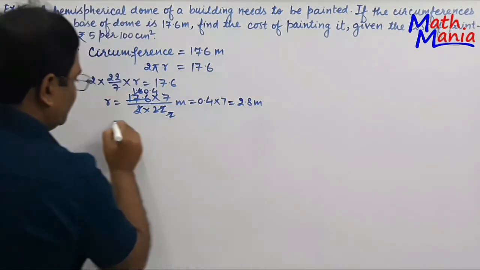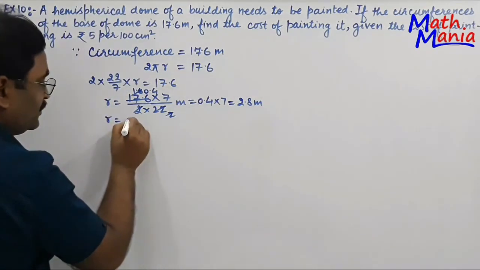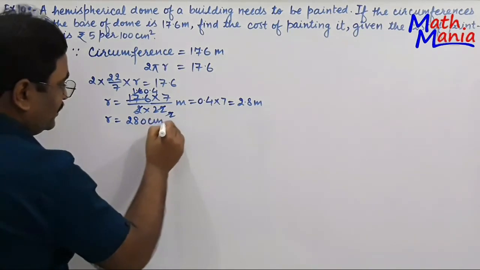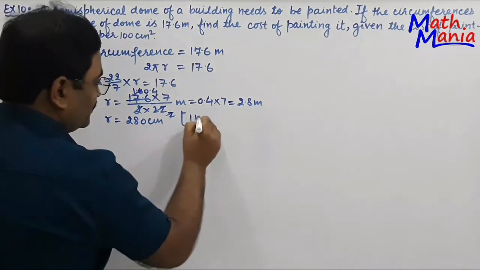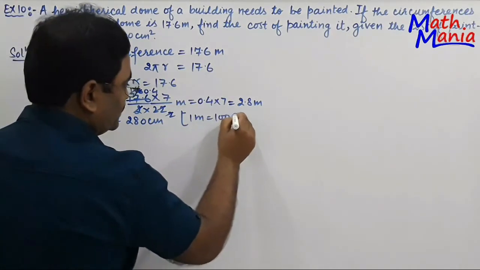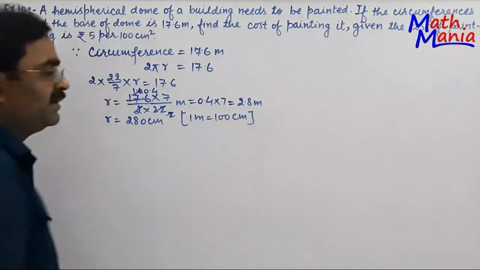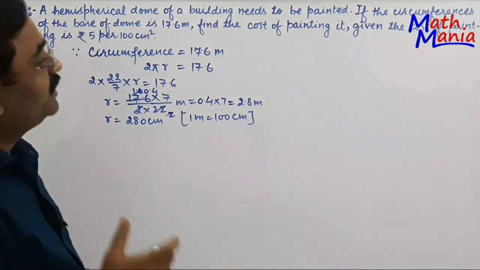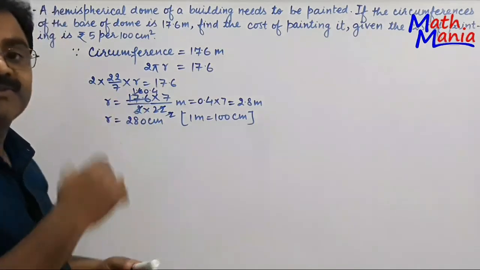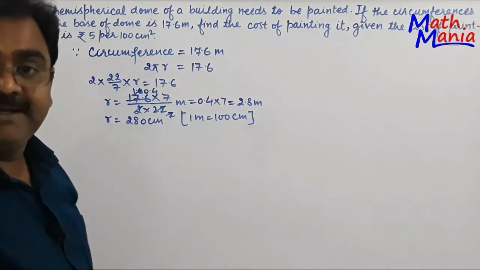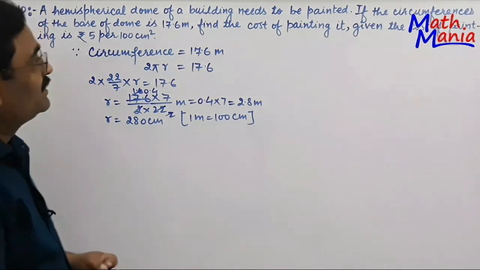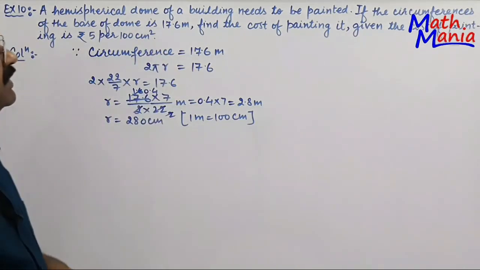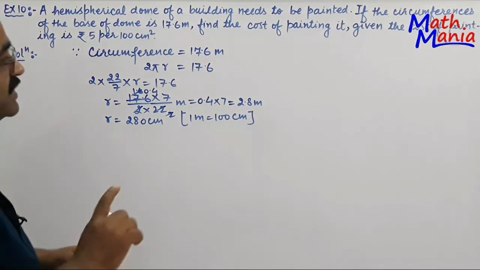This can be written as 2.8 meter means 280 centimeter, since you know that 1 meter is equal to 100 centimeter, right? As the radius came 280 centimeter, we can find the curved surface area of the hemisphere, which is going to be painted, right? So this dome is going to be painted,